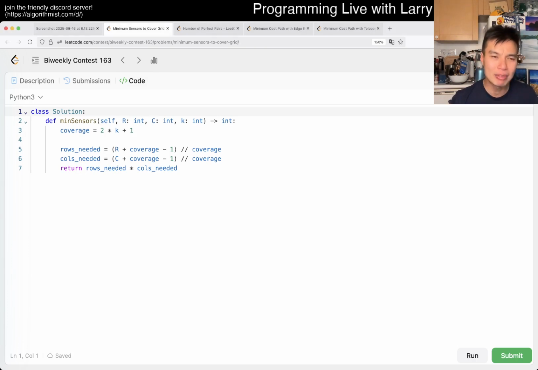This is how I wrote it during the virtual contest. Coverage, like I said, it's going to be 2 times K plus 1. We compute rows needed, columns needed, and I just return them. Yeah, and this is probably more verbose than I usually write. And also, this is equivalent, by the way. If you're curious, it's going to be ceil of all divided by coverage. I just like to write it this way because